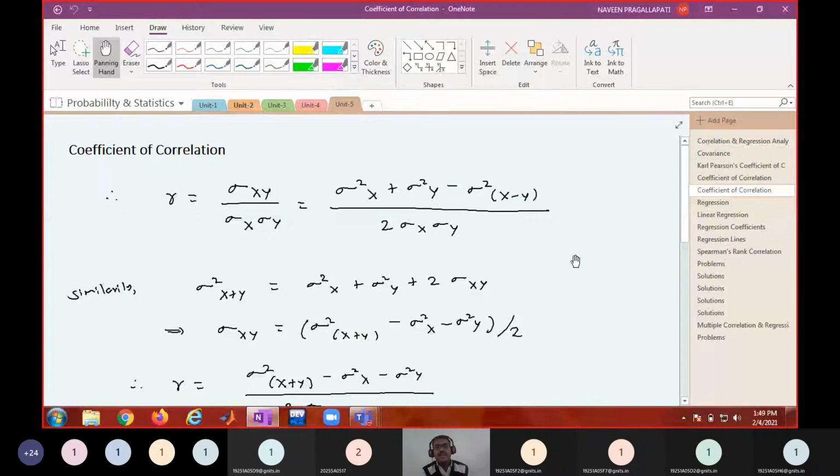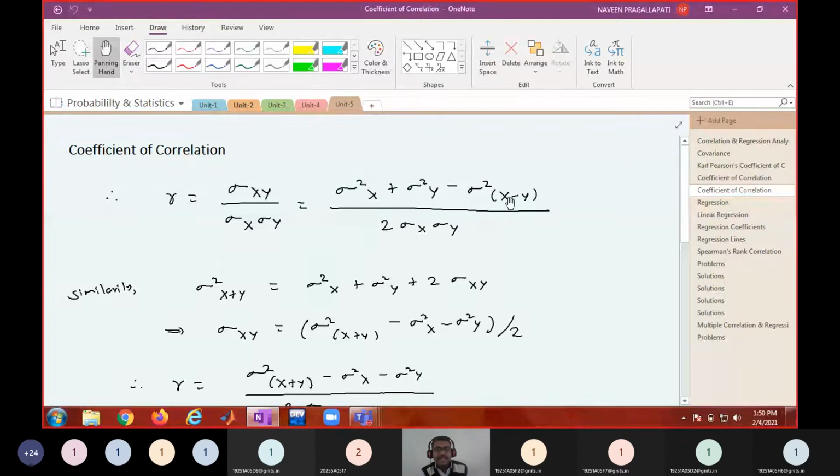We'll arrange X values and Y values in the order of their magnitude, and then assign their ranks: first rank, second rank, third rank, and so on. So you have X, you have Y. Corresponding to X, you will be finding the ranks of X, and corresponding to Y, the ranks of Y. We'll be applying this formula not to X and Y, but to X rank and Y rank. So this is not sigma square of X, this is going to be sigma square of X rank.